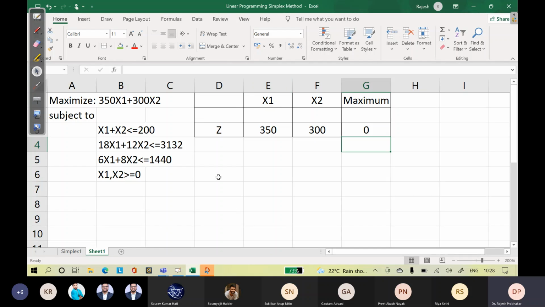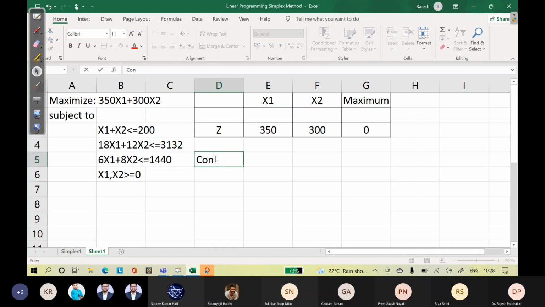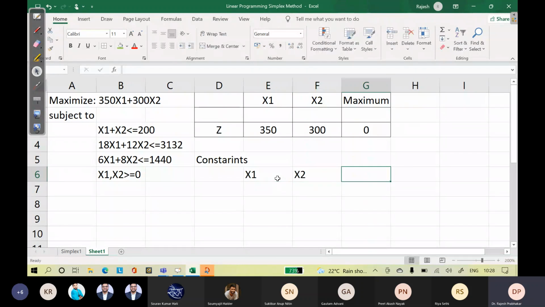Then we will plot the constraints. So constraint, x1, x2, used, available.